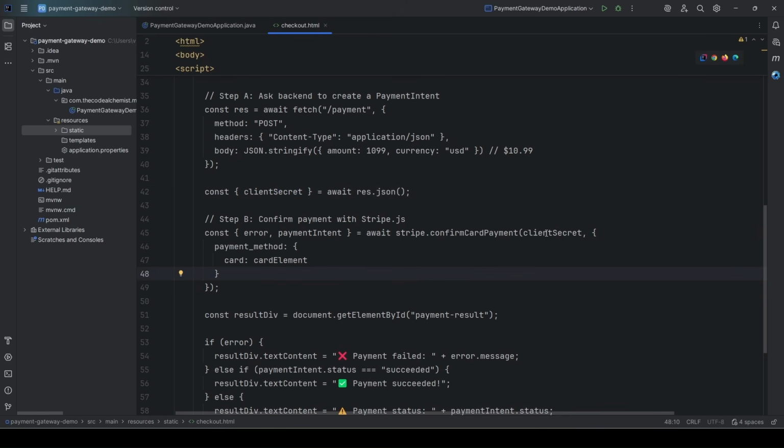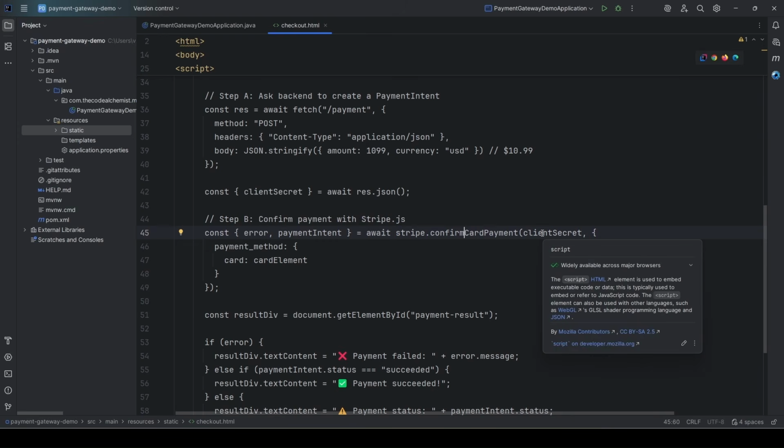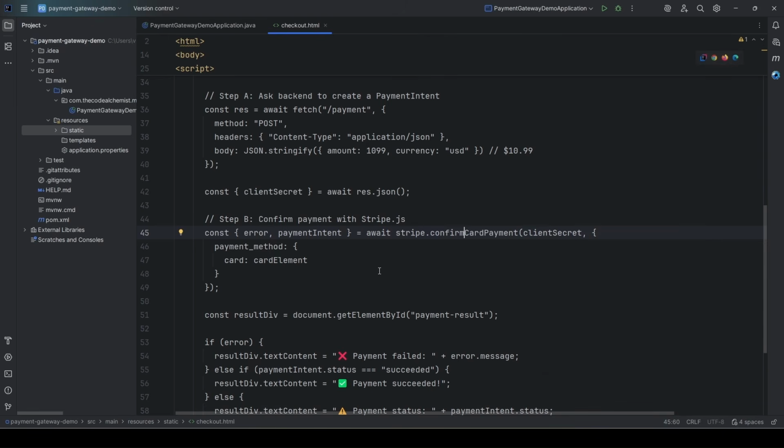In this case, you can see we are using the Stripe API and we are calling confirm card payment. Here your UI client is going directly to Stripe, so the payment is not happening by using the backend and the payment gateway. It is also possible that your client goes directly to the payment gateway. All it needs is a client secret, for which it will go to your backend. So here we are passing the client secret